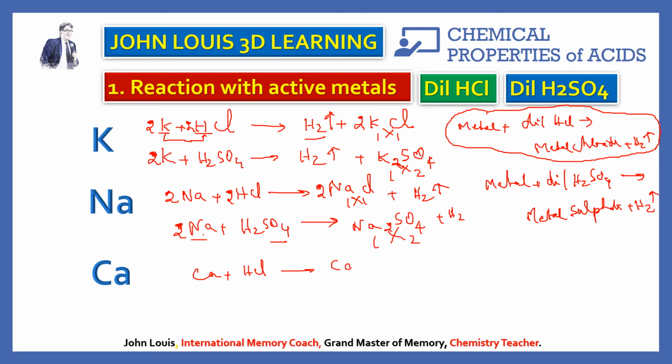What is the formula of calcium chloride? Calcium is 2, chloride 1. Therefore you get CaCl2 plus hydrogen. Now we need to balance the equation. If you put 2 HCl, it is balanced now. Similarly, how does calcium react with dilute sulfuric acid, H2SO4? Metal sulfate is calcium sulfate, CaSO4, valency 2 and 2, therefore they get cancelled as 1:1. Therefore the formula of calcium sulfate is CaSO4 plus H2. This is automatically balanced, self-balanced already. So it is not simply mugging up or memorizing the equation and writing it.